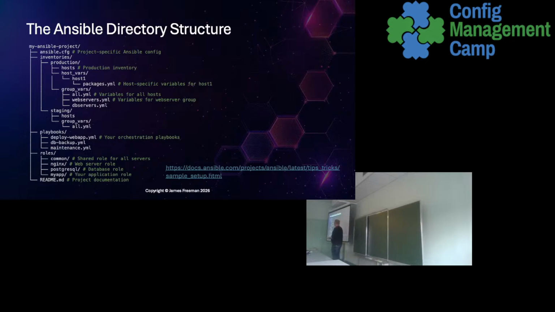So for example, your roles by default go in the roles directory, self-explanatory. Your inventories go in an inventory directory. You've got variables in directories with variables. You can even name variable directories when you get more advanced after hosts in your inventory to contain specific host variables. Now, don't worry if you don't know what that is yet, it doesn't matter. The point is, if you adopt a directory structure like this from virtually day one, it's going to make sense to you 6 months down the road, and it'll make sense to anyone else who picks your code up, particularly if you're working in a team or a collaborative environment.